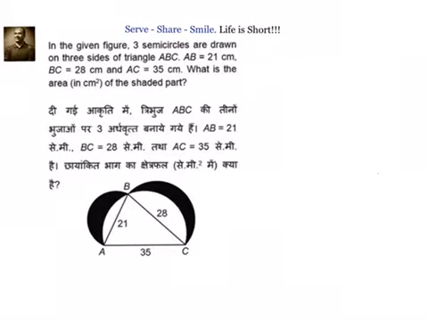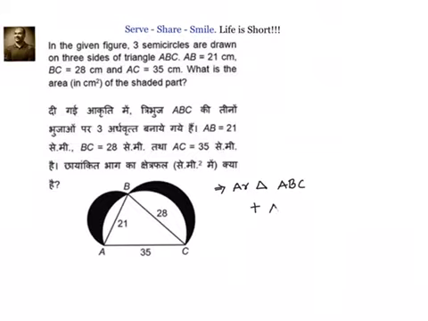We have been given that three semicircles are drawn on three sides of triangle ABC, that is AB, BC and AC. We have to find out the shaded region. Now let's try to write down what is the shaded area. Shaded area is equal to, let's write down what we need to find out, area of triangle ABC